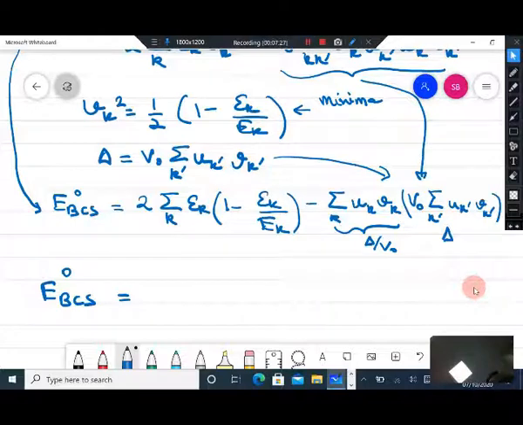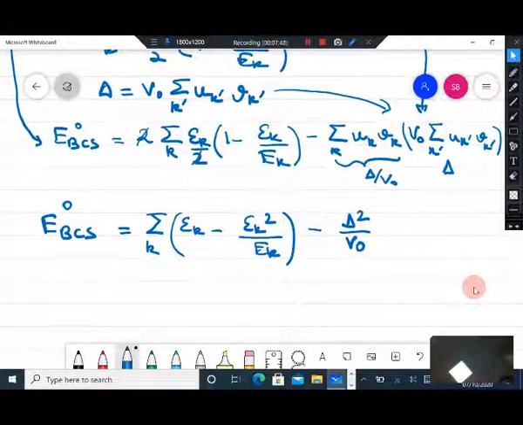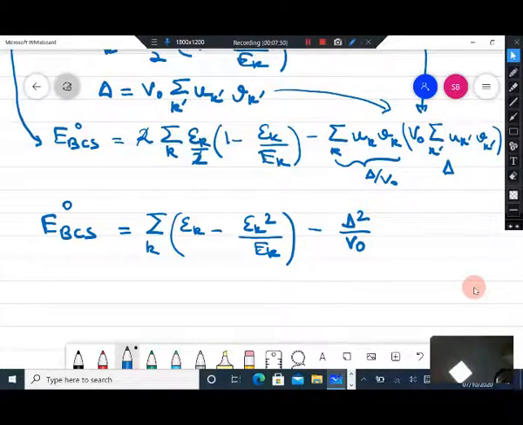summation over k, there is a factor 2 out here which is going to cancel this. So summation over k of Ek minus Ek square by capital Ek, minus delta square by V naught. Okay, this expression now simplifies to this, and now recall, using the Uk square and Vk square that we had obtained at the minima,